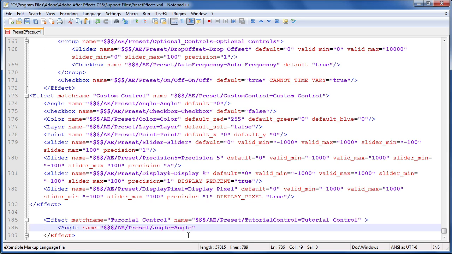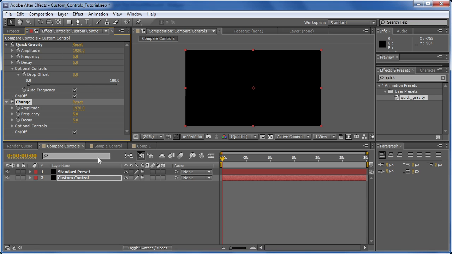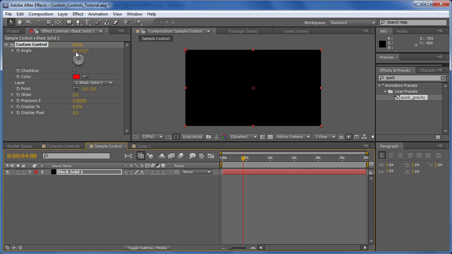And this control has a couple of options, the first being default. So what do you want your default angle to be? Well, you could have it be 0, you could have it be 90, you could have it be whatever you want. If you want it to be something past 360 degrees, like